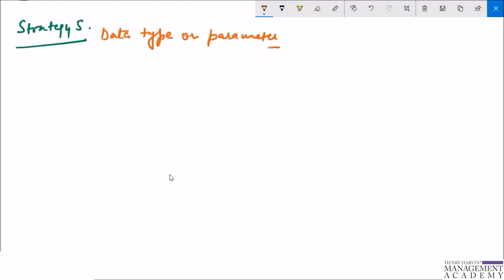So if we go further, strategy 5 says breaking down by data type or parameter. Some user stories can be split based on the data type they return or the parameter they are supposed to handle. So for example, if we take an example of a user story,